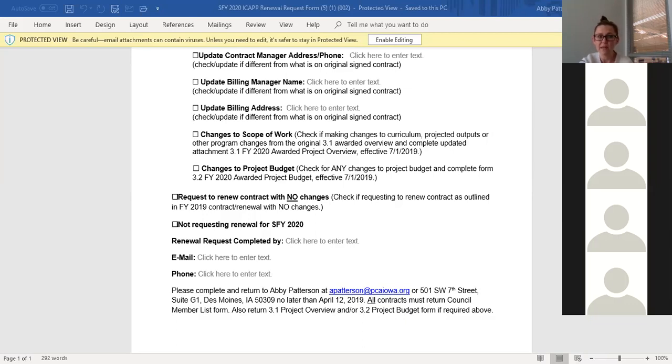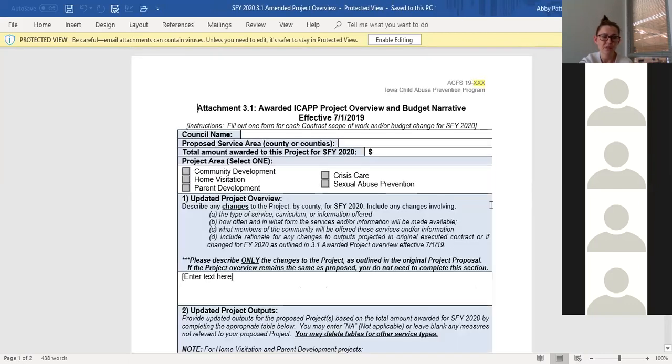It should be filled out only if you have changes to your scope of work. So if you're wanting to change your projected outputs for 2020, or if you want to change the type of curricula you're offering.